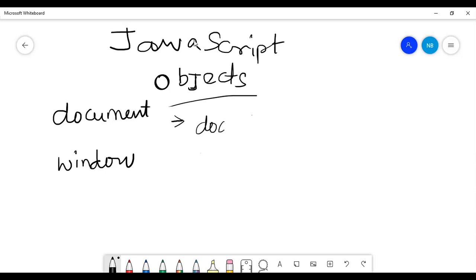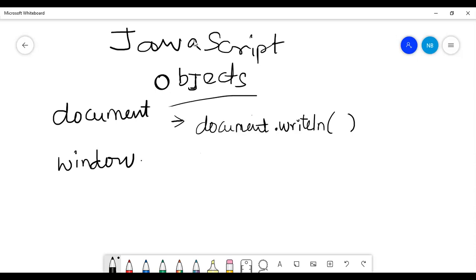So document dot writeln, which has been used for writing the contents onto the web browser. So we used a document object with a method called write or writeln.